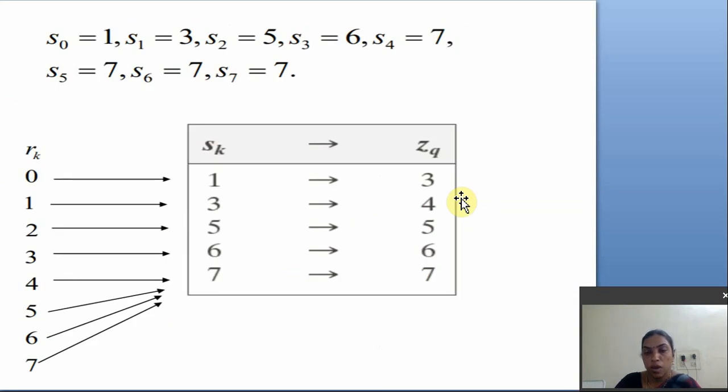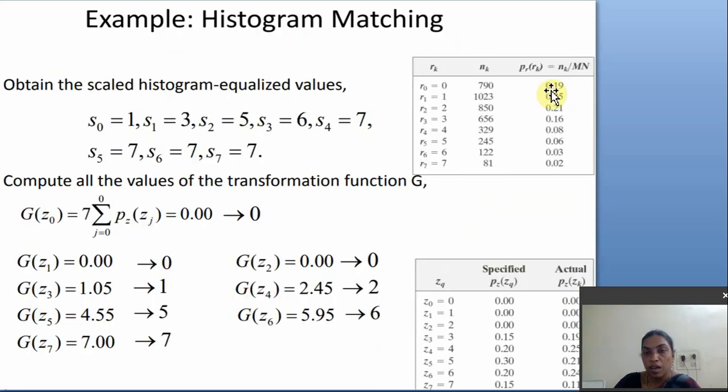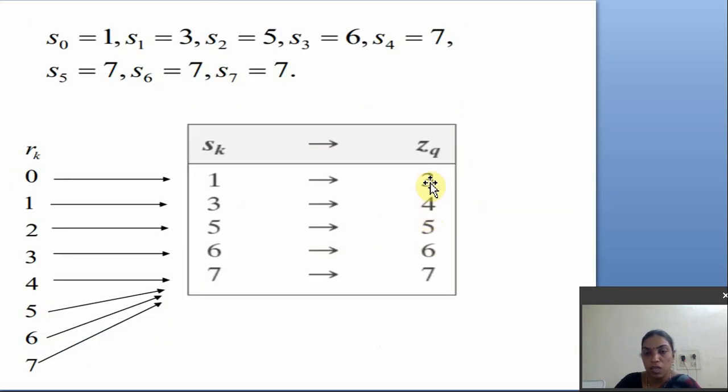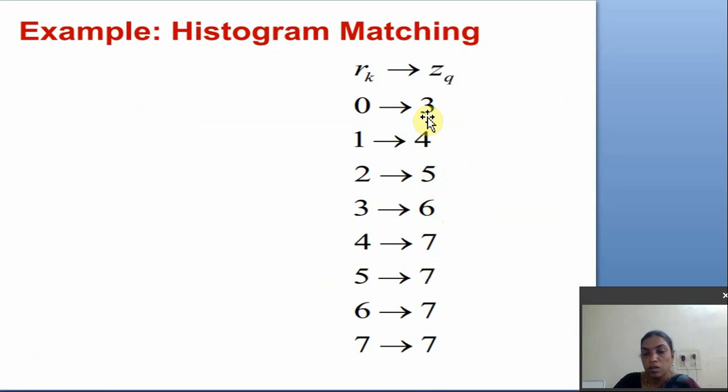Right. So the 0.19 value is with the 0. Now here, that one is coming to this one, 3. Right, so the 0.19 value is with the 3 intensity. So now coming to here, 1. Right, that means how many pixels are there? What is the probability here for the 1?